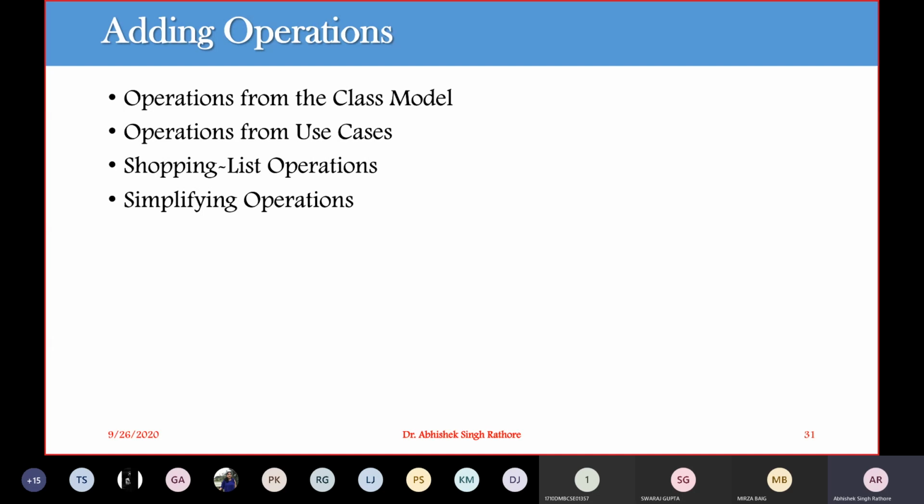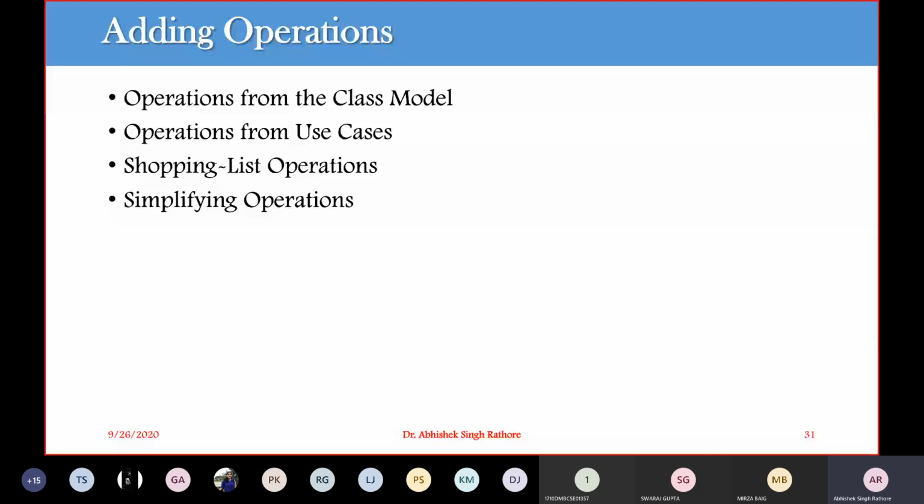We created use cases, then scenarios, and from these scenarios we created the interaction model. All the events or activities in your interaction model can become operations in your class model. So this is another way.